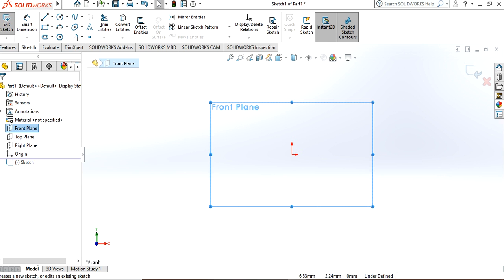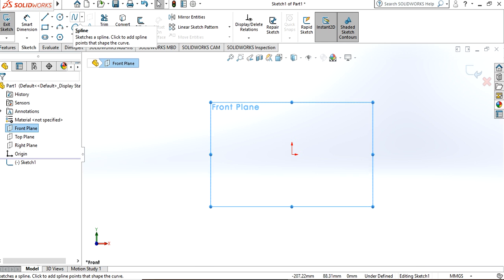Here you can see the axis. It's the representation of y-axis and x-axis, that is, the coordinates, ordinate and abscissa. Like you can see here, there are many options. Smart dimension; to make an object there is a line, which sketches a line; circle sketches a circle, select the center of the circle, then drag to set its radius or diameter.